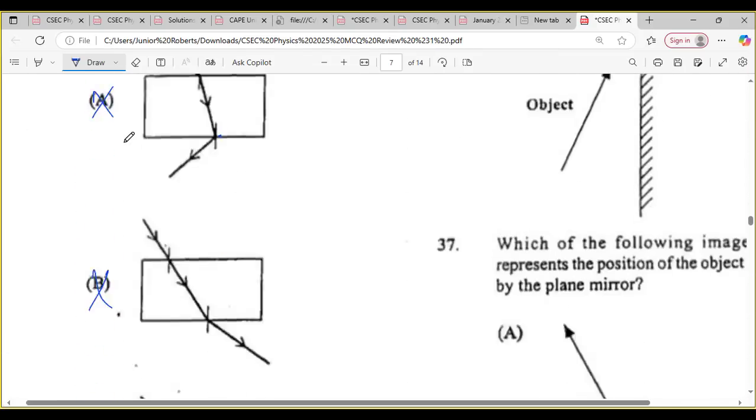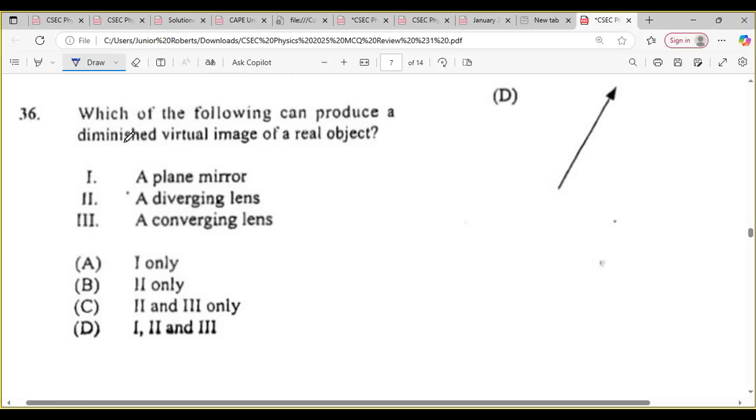So now we are at 36, which says, which of the following can produce a diminished virtual image of a real object? Right, so it says a diminished